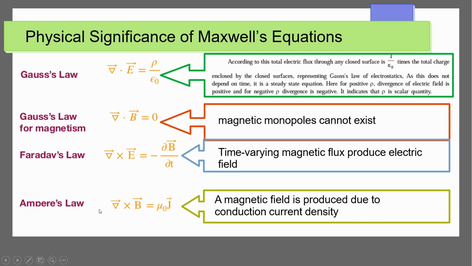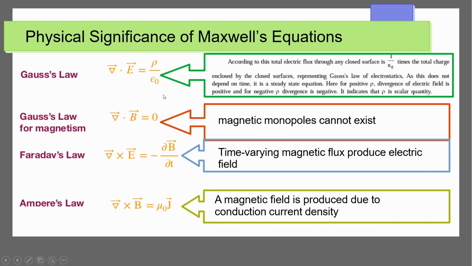And as for Ampere's law, we have understood that a magnetic field is produced due to conduction current density. So the gist of this is that currents and changing electric fields can generate magnetic fields. So these four equations are quite important as they help us unify electricity with magnetism, and we can understand from here how